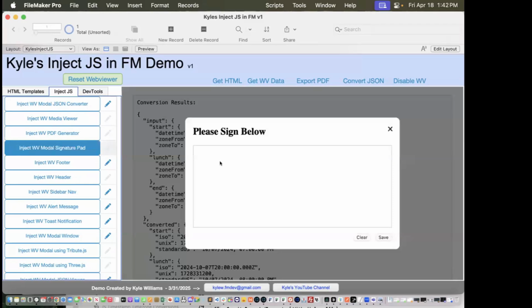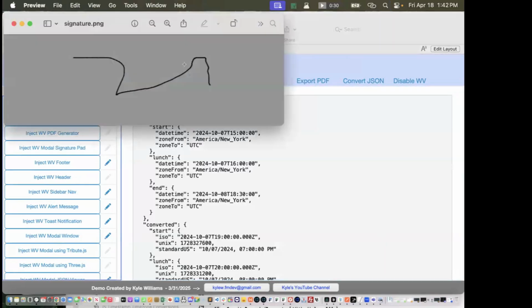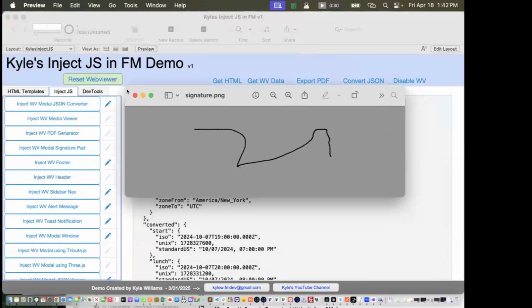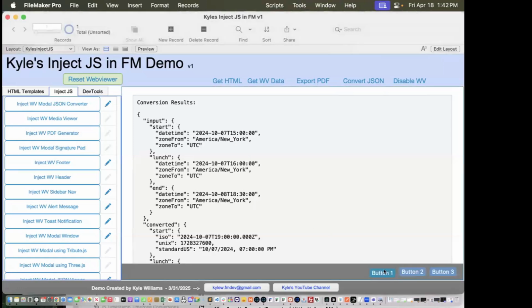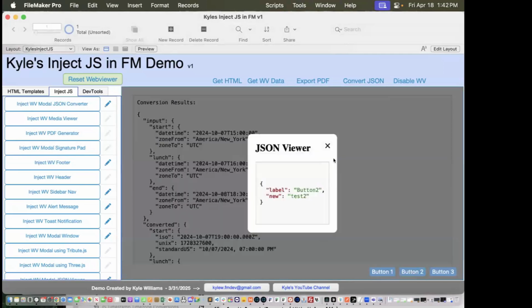So let's do a few more things here. So let's say a signature pad. I want to be able to capture somebody's signature. I can do that. Sorry, Zoom controls popped up. So yeah, just like that, I can capture a signature by injecting the JavaScript. There's no JavaScript in here other than this time conversion. So I can inject the modal signature pad. If I want to add the footer buttons down here, I can do that. And they work. So fully functional,